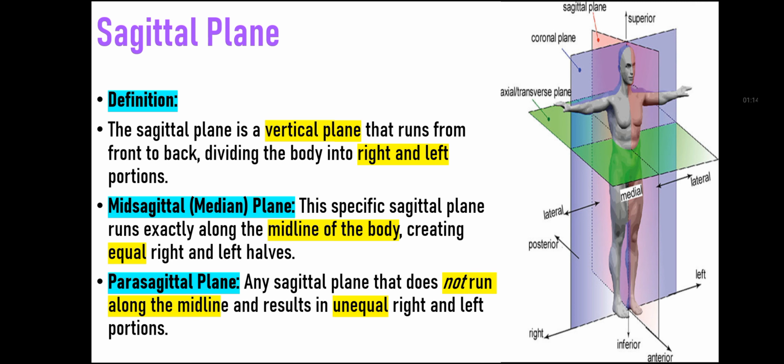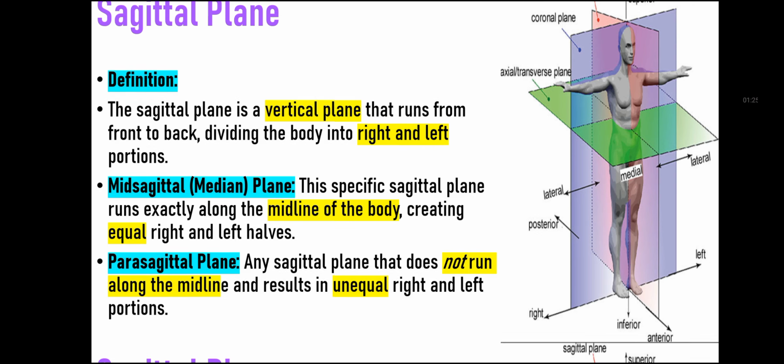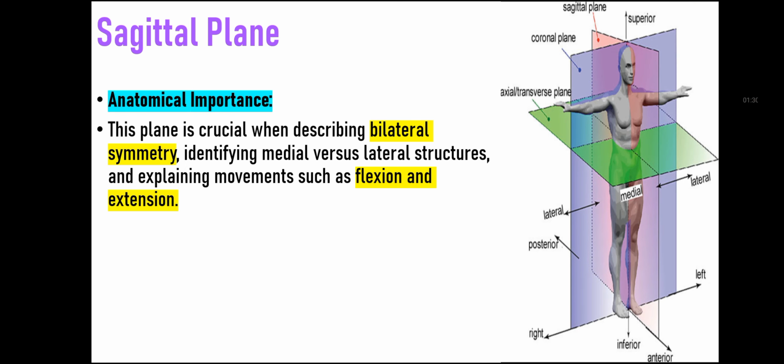The mid-sagittal plane or median plane is a specific sagittal plane that runs exactly along the midline of the body, creating equal right and left halves. While the parasagittal plane is any sagittal plane that does not run along the midline and results in unequal right and left halves. Further talking about the sagittal plane, its anatomical importance: this plane is crucial when describing bilateral symmetry, identifying medial versus lateral structures, and explaining movements such as flexion and